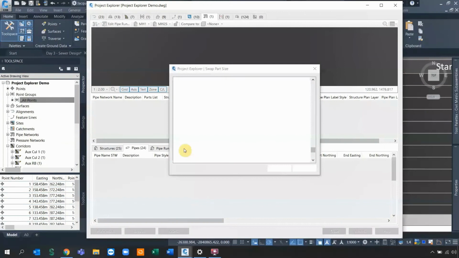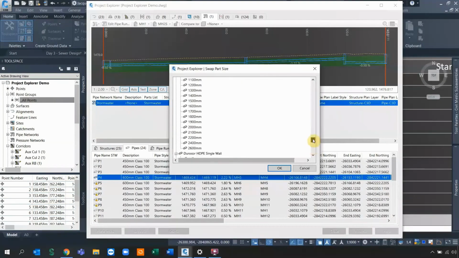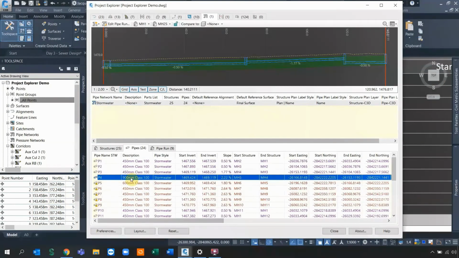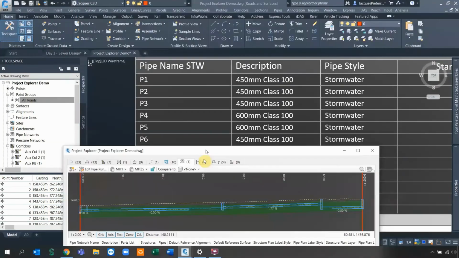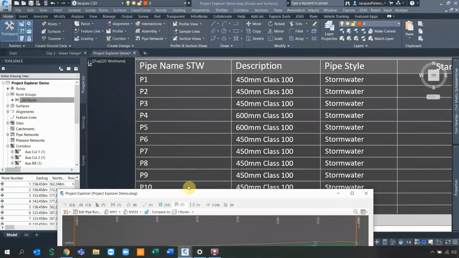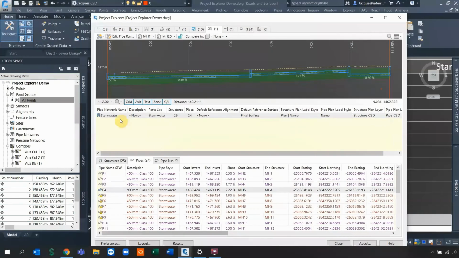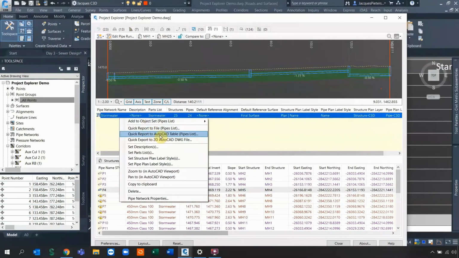I'm going to say swap part and go to whatever I want. Let's change it to, I don't know, let's make it a 900. As soon as I do that, you might notice it picks up 900 over here, but it does not update my table. Now, you might be wondering why this is happening. If you right click and use an AutoCAD table, it's just a quick table. If you want it to be dynamic, you need to actually add it to